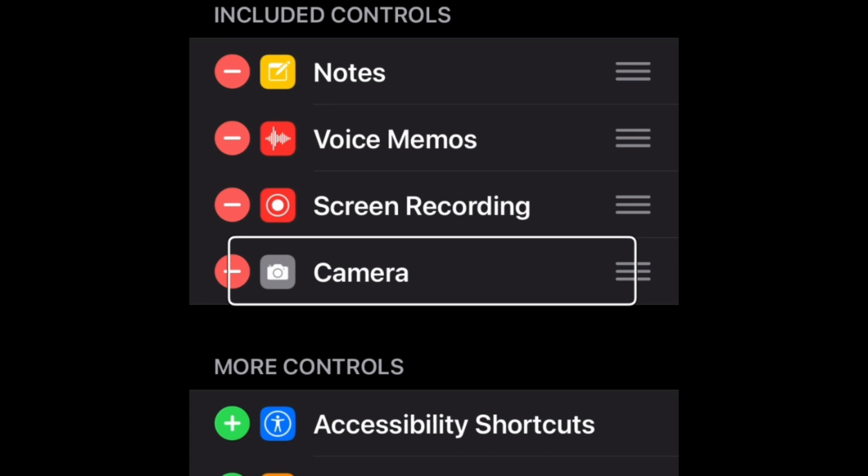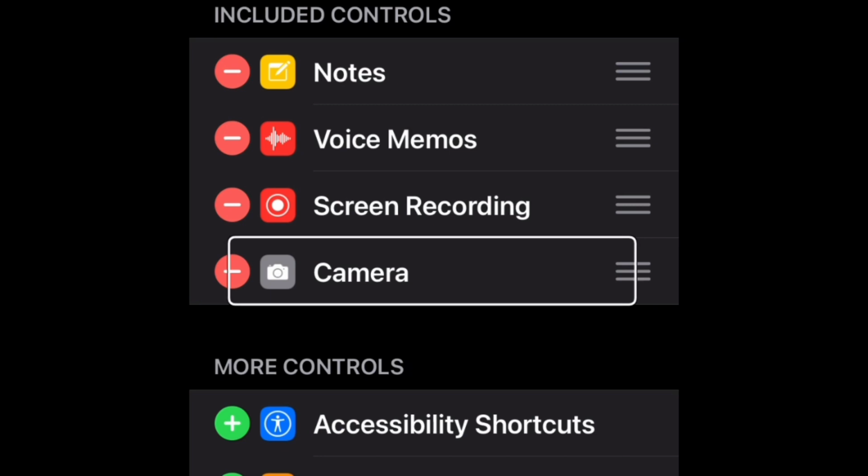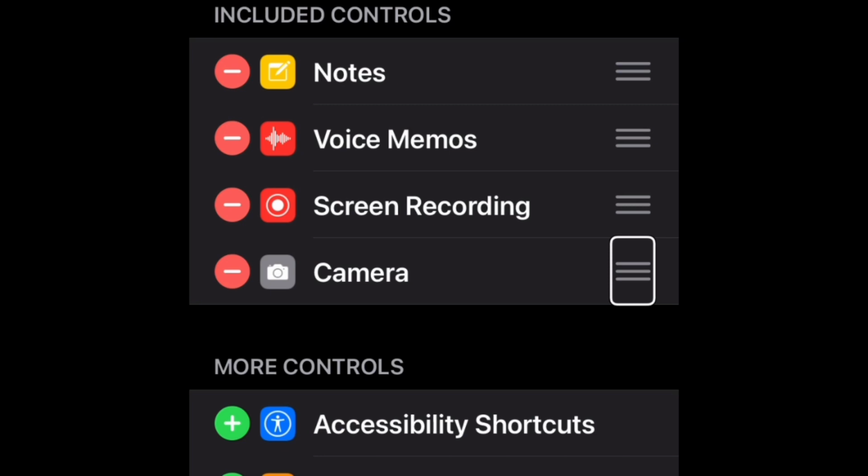You just get on that reorder button. Let's say we now want to make camera number 1. So you get on that reorder button. Reorder camera. Button. Draggable. Double tap and hold. Wait for the sound, then drag to rearrange. Swipe up or down to select a custom action, then double tap to activate. There's your prompt. So we're going to do what the prompt says. So you want to double tap on that button,